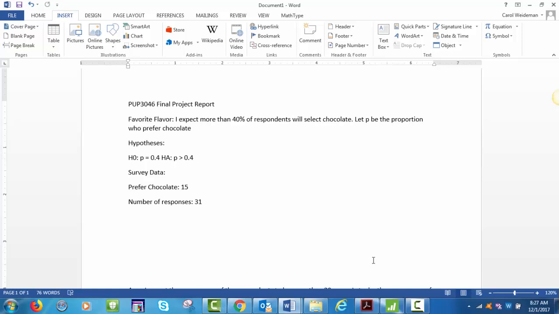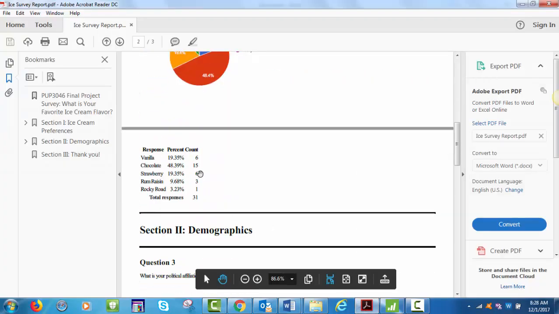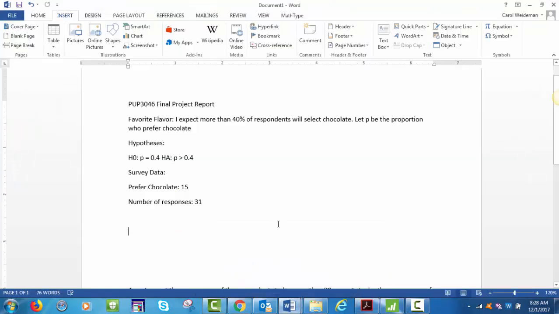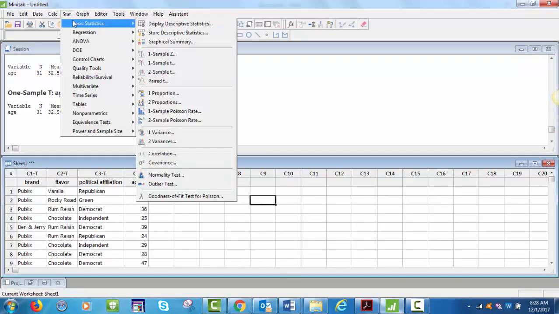Now the data that you're going to need to conduct this hypothesis test in Minitab is, first of all, write your hypotheses, and then from your survey data, we want to get how many people preferred chocolate. So if I look at my survey here, 15 people selected chocolate out of a total of 31. All right, so I've got that summarized over here. And so when I go to Minitab, this is a pretty easy one to do. Go to Basic Stats,